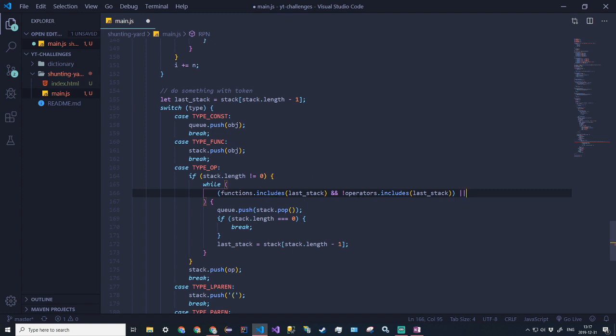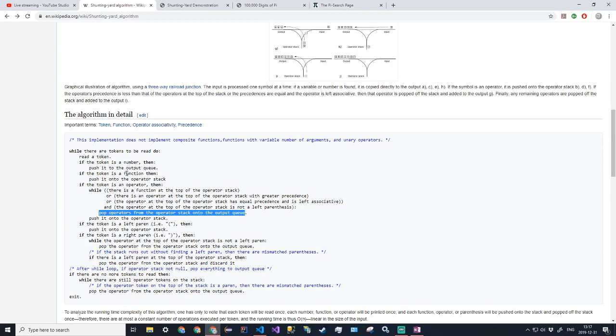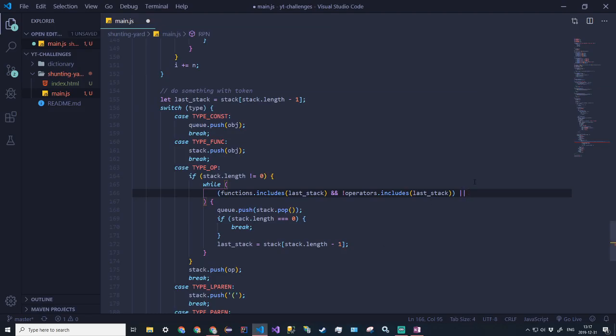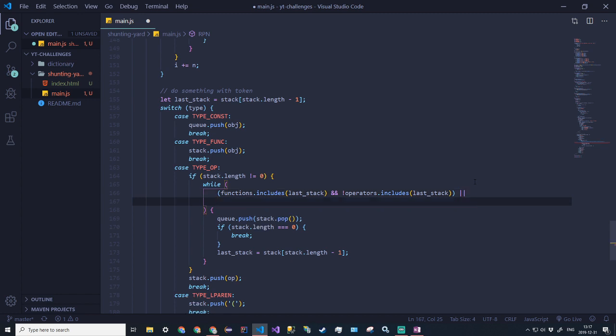So this is good because we just want to pop all the functions up top. What if we run into them at the top of the stack? That's not in this description, but this doesn't implement functions and unary operators, stuff like that. So it'll be or, and then next we'll do get precedence